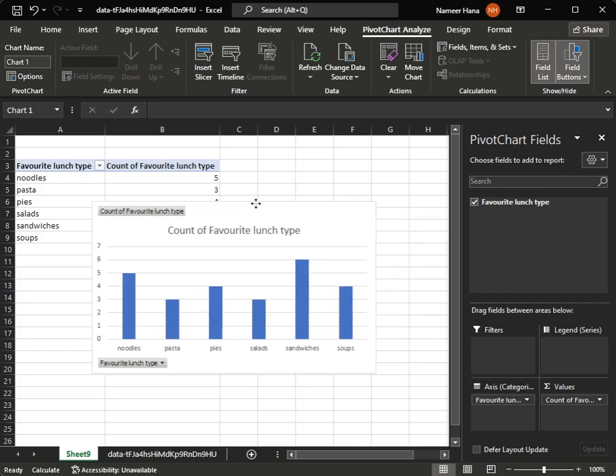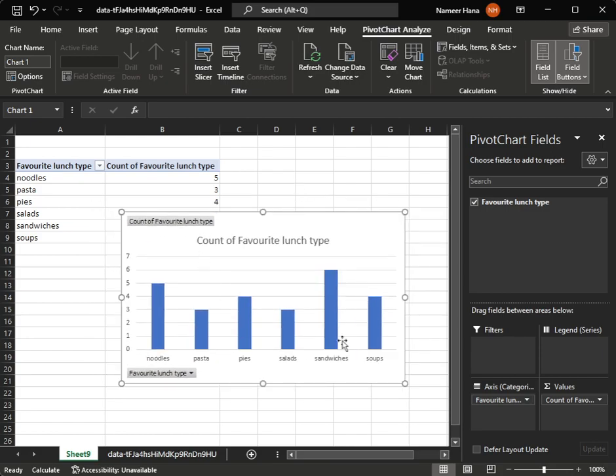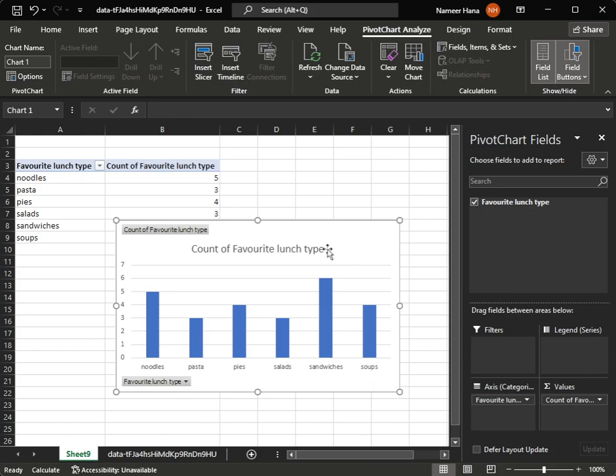Now, once we draw our column graph, it'll look like this. It'll come up with a pivot table and then our column graph. Now, if we want to turn this into a pictograph, we need to change these columns to become pictures. So if we click on it and then